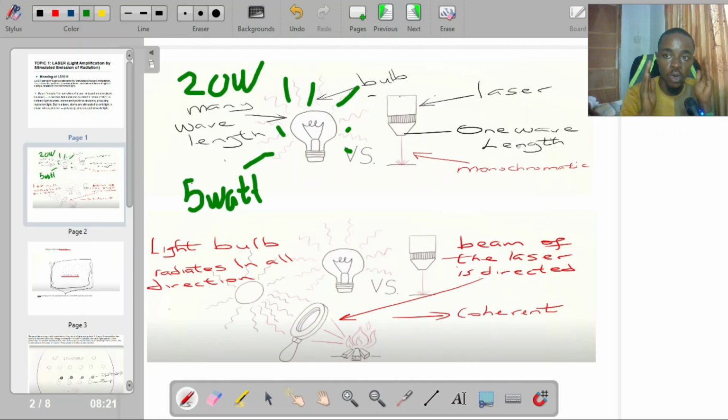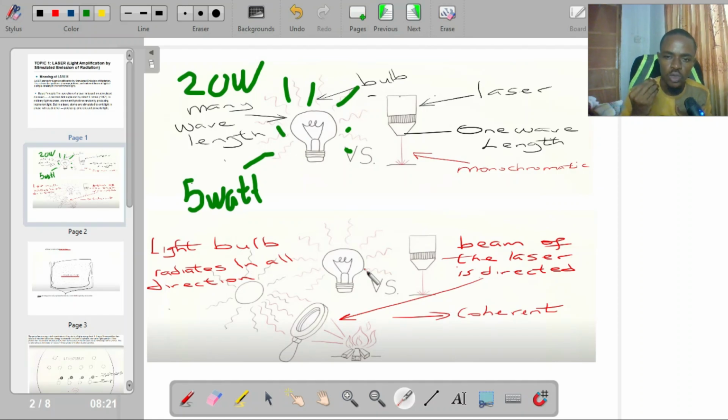It's called what? Coherent. It is coherent because it has a direct beam. But the radiation of the light bulb is incoherent because it is not directed in one direction. And that is the reason why I showed you some videos in our physical class, whereby I explained that